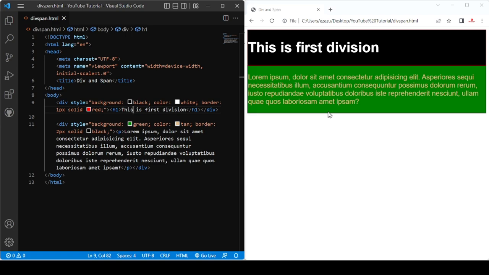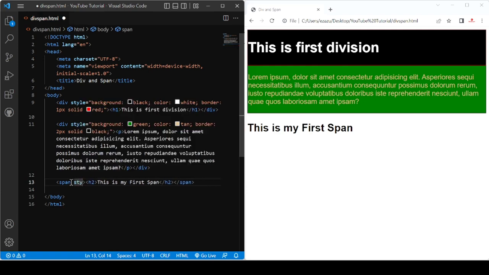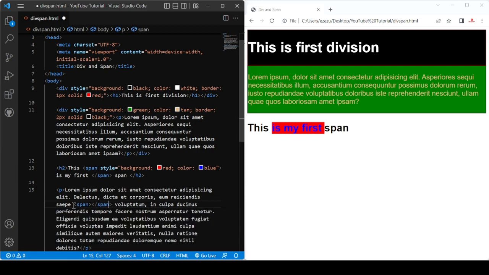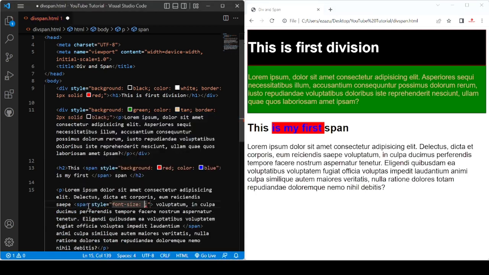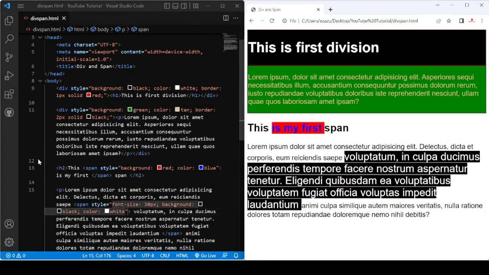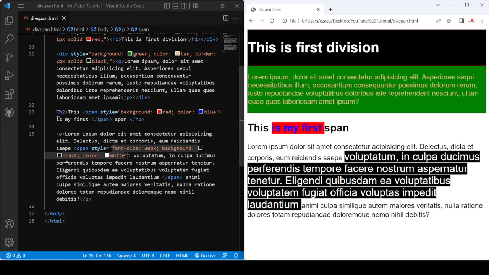And after that, now we see the span tag. Here in span, first I provide this heading text and provide the span, and I color this text blue and the background red.